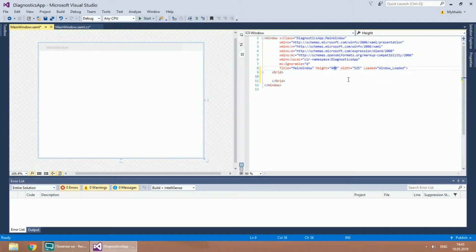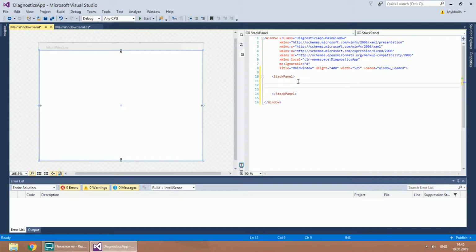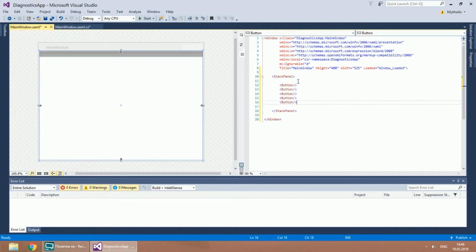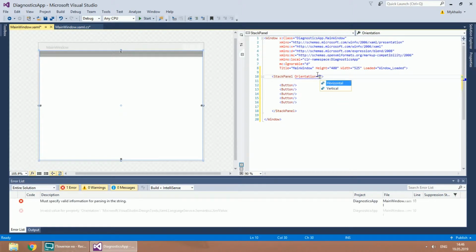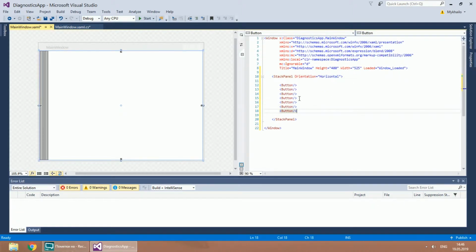Now let's get back to a stack panel and a grid, which have different purposes. But I must say that I mainly use a stack panel when I am lazy and a grid when I try to make something decent. In a stack panel, elements stack one after one. A stack panel can have vertical or horizontal orientation. Elements will have an auto size, that is, size just enough to fit the content.